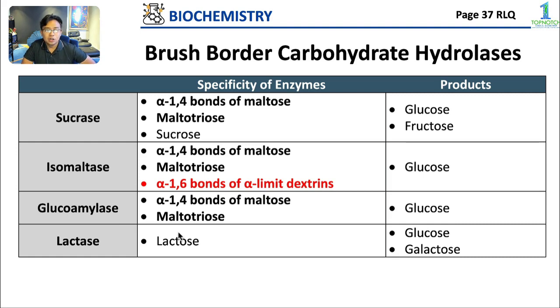In this table, all enzymes can hydrolyze your alpha-4 glycosidic bonding of maltose and maltotriose, except your lactase. And among the given enzymes, only isomaltase is capable of hydrolyzing the alpha-1,6 bonds found in the branching points of